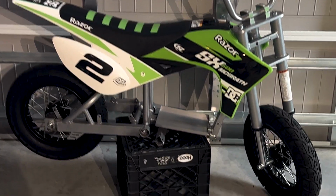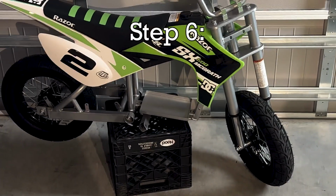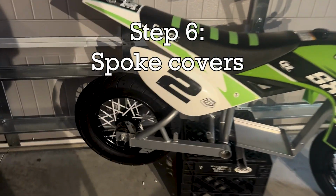All right, so both tires are on, and now we're gonna do the final part, which is these spoke covers, but I won't bore you with that, so we'll just...